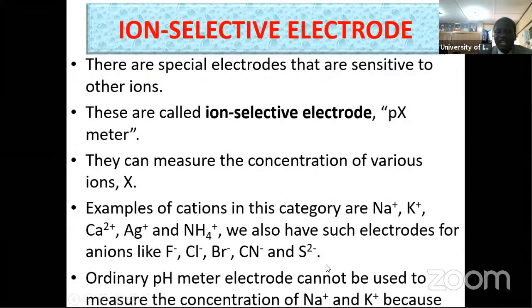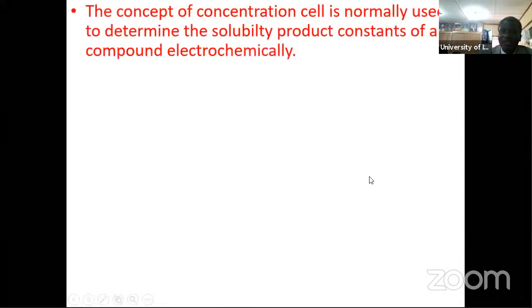So ordinary pH electrodes cannot be used to measure sodium ion and potassium ion. And I'm sure you know the reason why. The reason is that the moment you put your sodium in water or you put your potassium in water, you are likely to have electrode. And the concept of concentration cell normally